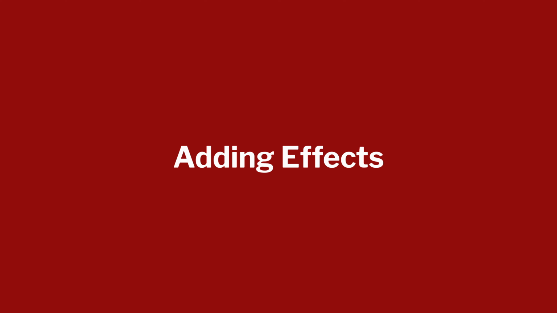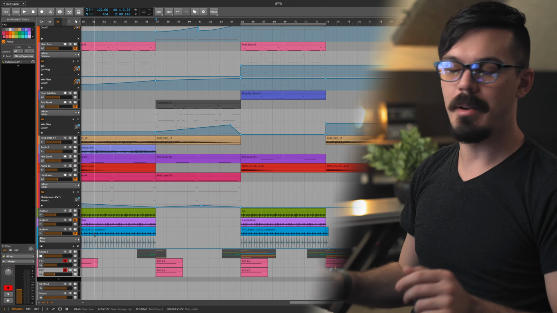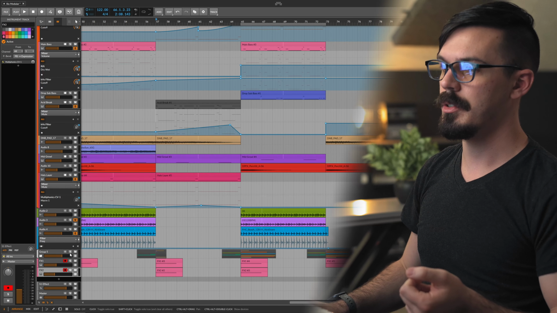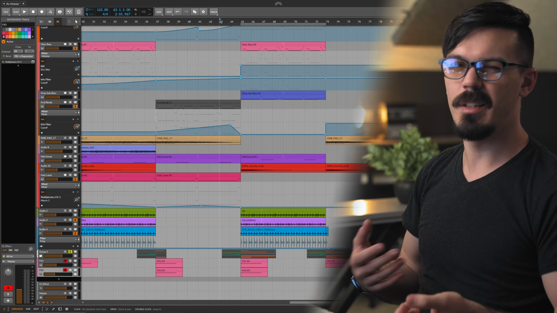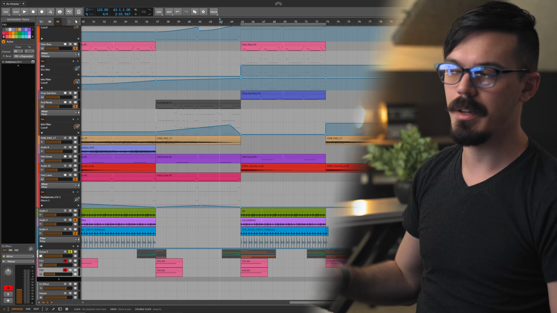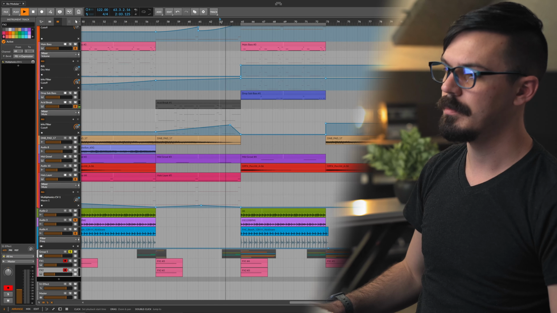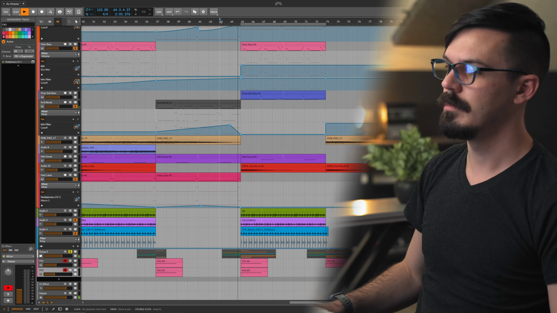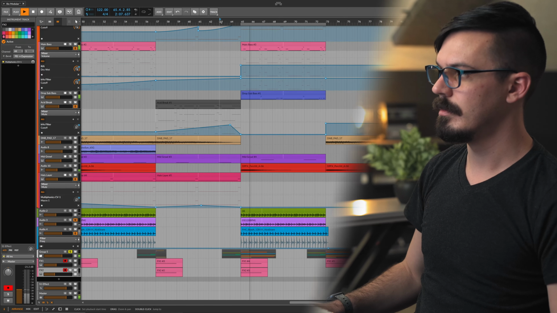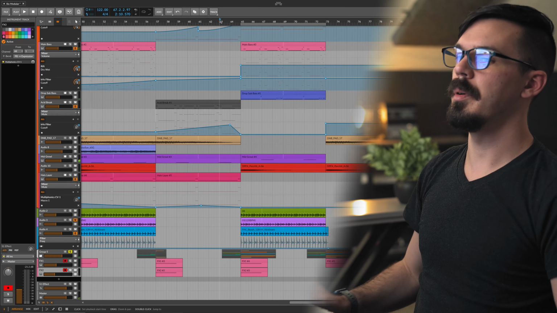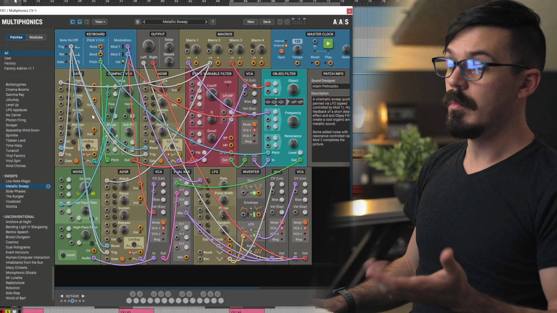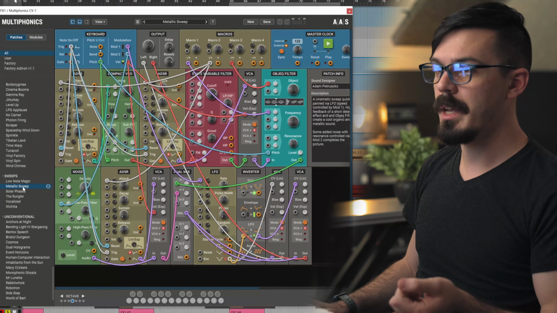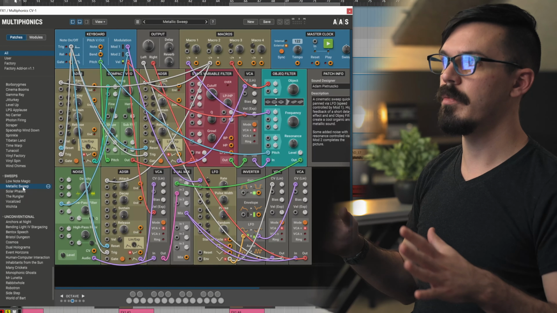Of course, we can't talk about Modular without talking about really weird effects and other sorts of patches. So throughout the course of this track, I had these transitional effects that are just different things put through tons of reverb and delay and filters and things like that. And I thought these were cool, but maybe they just needed that extra bit of oomph to really sell the idea. Multiphonics, conveniently enough, actually has a sweep category, which makes it really easy to create and find these transition effects